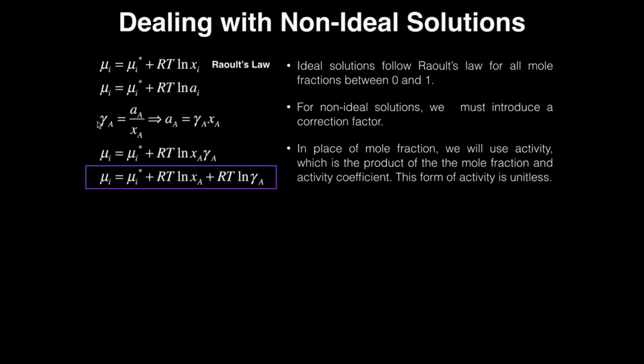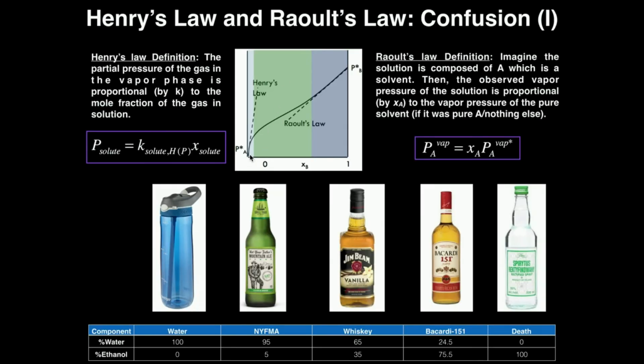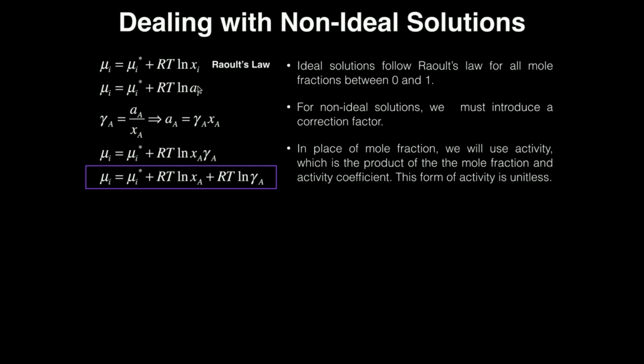However, when we don't have an ideal solution, when we have maybe an ideal dilute solution, which is what this graph is plotting on the solid line, we can't use Raoult's law to figure out what's happening in this green region, right? We also can't use Henry's law. So what we have to do is introduce a correction factor, all right? And instead of using this mole fraction, we're going to use activity, okay? So now we're going to have the chemical potential of the species equal to the chemical potential of the pure species plus RT times the natural